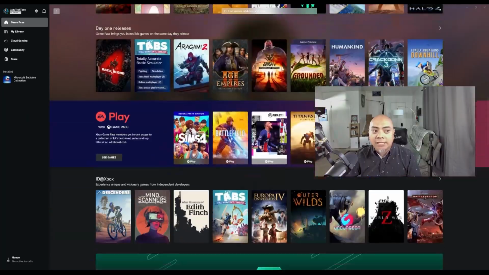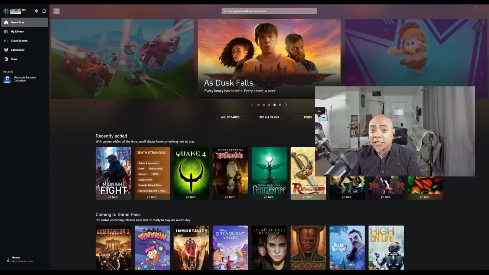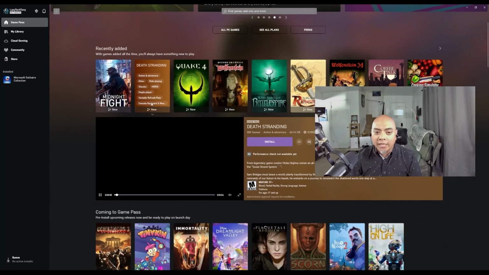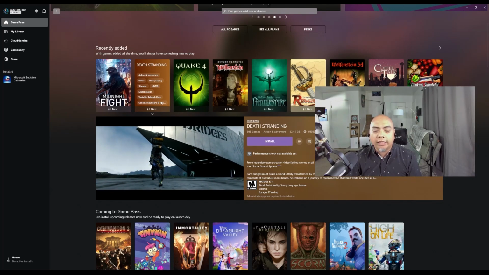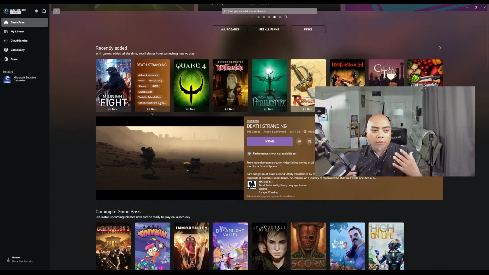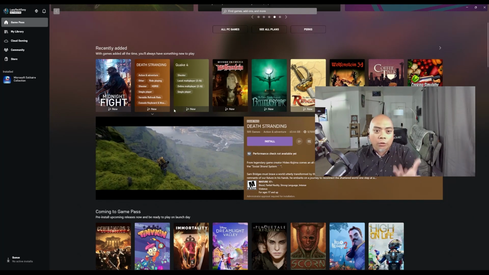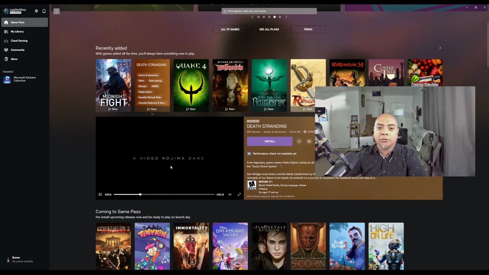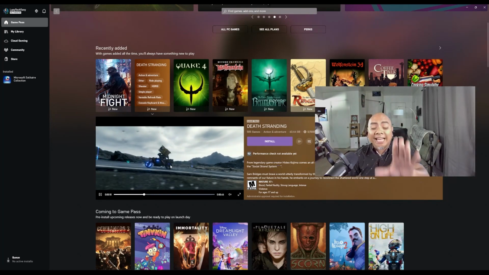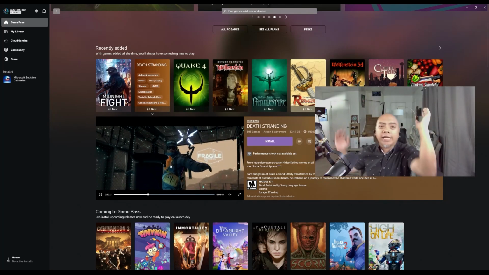And if you take into account something like all of these games here that are available via the Xbox app built into Windows 11. Death Stranding is a game that just came out on PC Game Pass today, the day of recording. All of these here, the ability for HDR10 and variable refresh rate, those are all encompassed thanks to DirectStorage. Those would not be built in and easy for the developer to implement without DirectStorage. So it's really, really awesome. And you, as the user, don't have to do anything. Enjoy the game. Have fun.